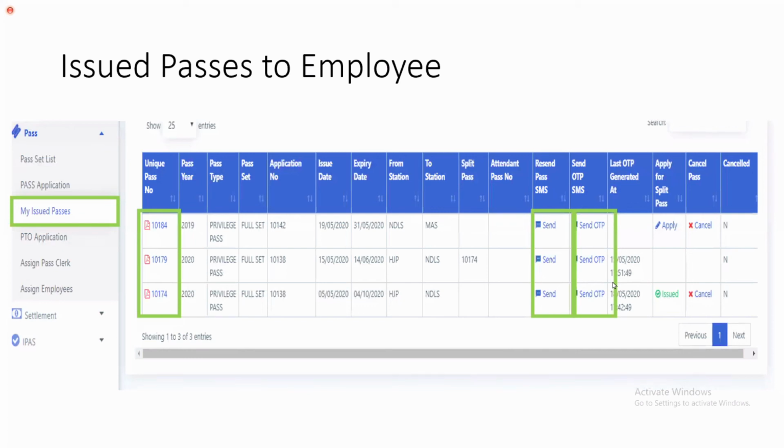Here, this is the area I was referring to. Generate OTP. Then immediately an OTP is received on your mobile phone. For whichever pass you want to generate, for the onward journey, a separate reservation as you make, a separate OTP is generated. For return also, a separate OTP is generated.